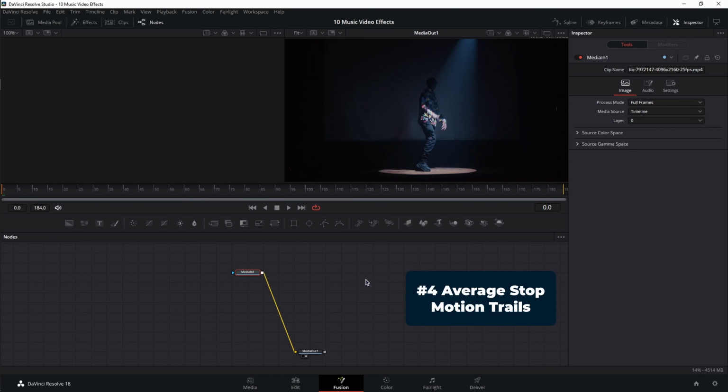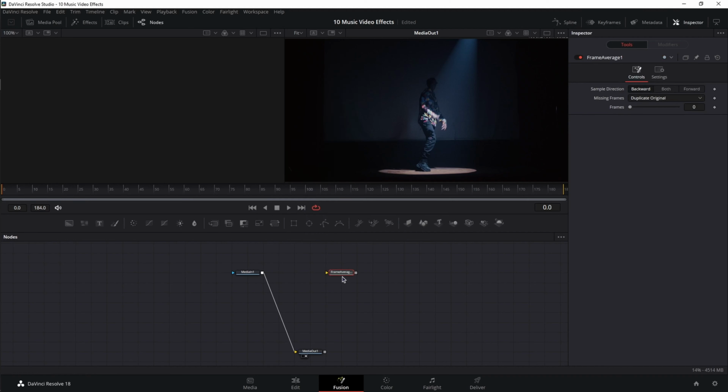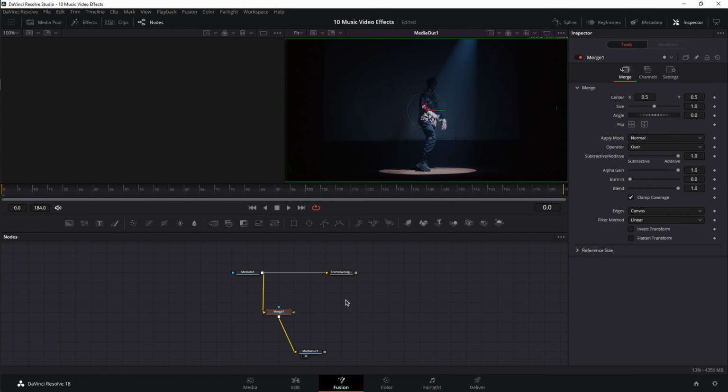Number 4, the average stop motion trails effect. Double click on the empty space, shift spacebar, and bring in a frame average node. Connect the media in to the background of the frame average, select the node, change sample direction to both and the frames to 10. Next, bring in a merge node between media in and media out, and click on the